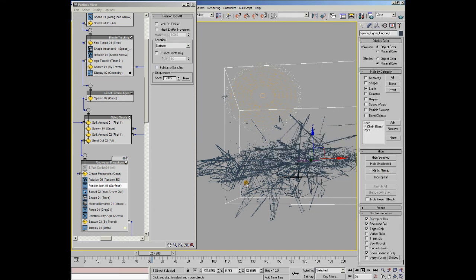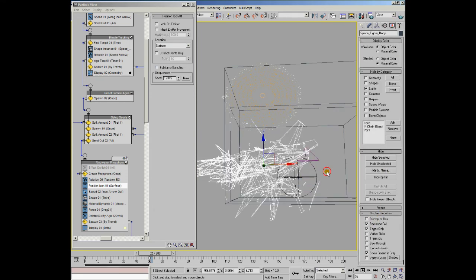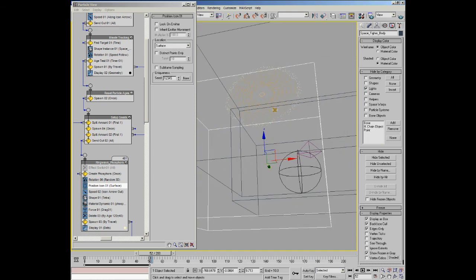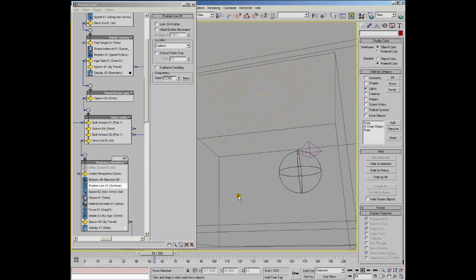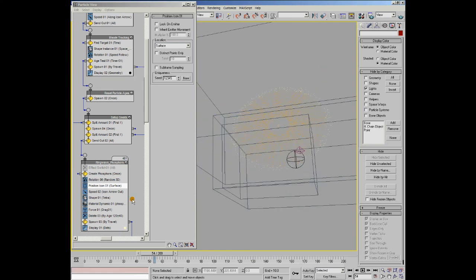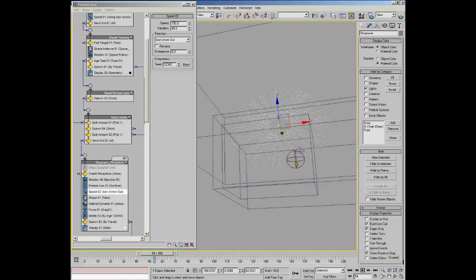I'll just select these objects and set them to display as box, just to make them a little bit less obtrusive. So you can see we've got our Ringwave phosphors, and they're spreading out in a concentric ring, and you can see we're using this icon arrow out, so